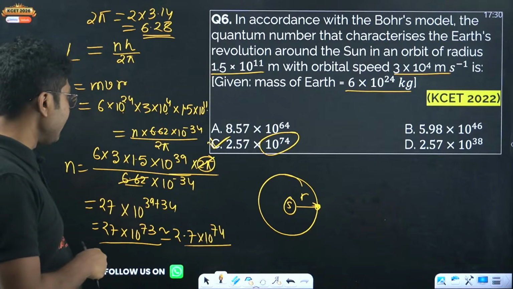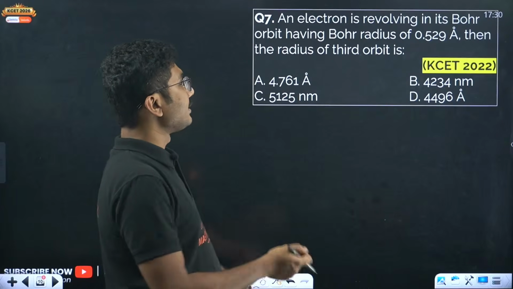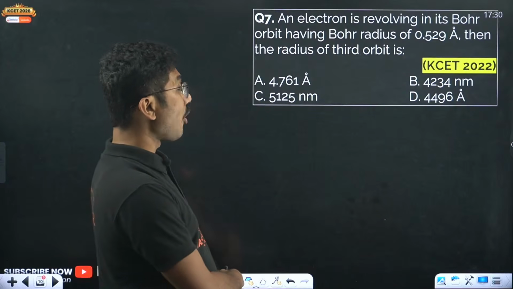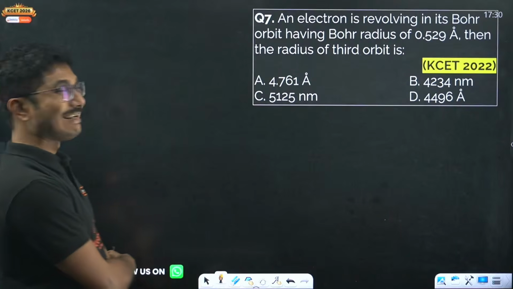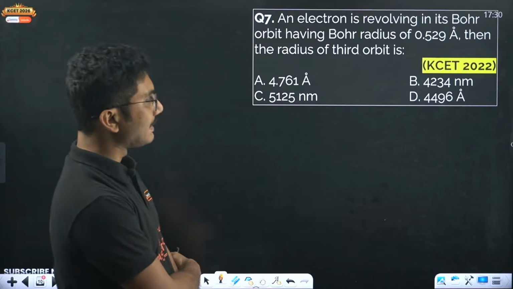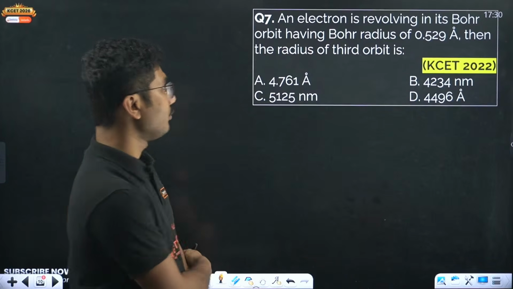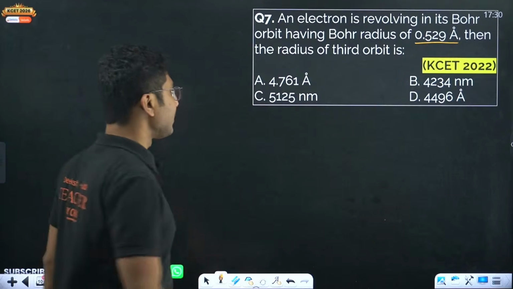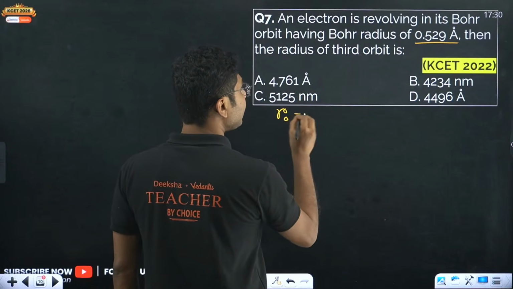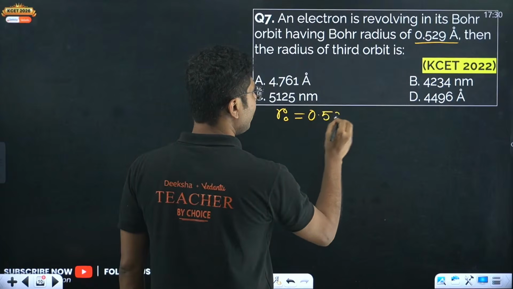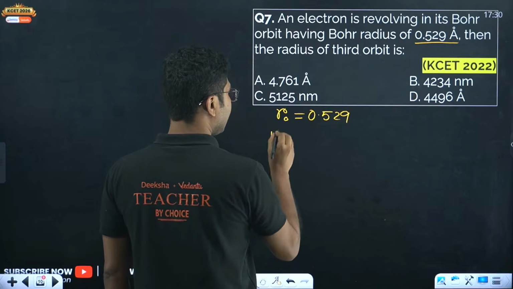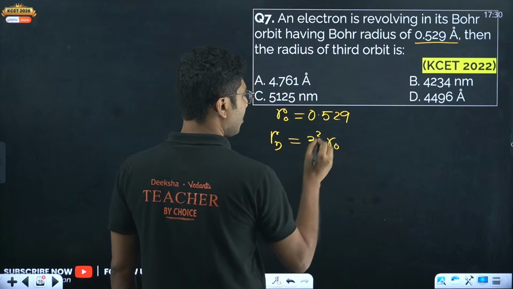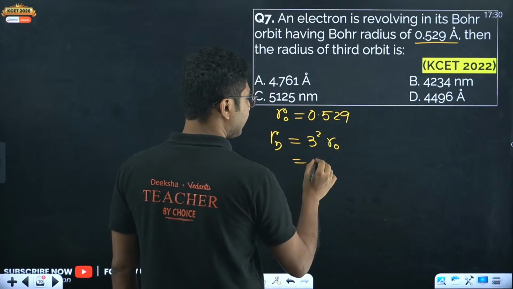Hello, Shravya Shetty. An electron is revolving in its Bohr orbit having Bohr radius 0.529 angstrom. Then the radius of the third orbit is? So how to calculate the third orbit? Bohr radius means the ground state is given. So R naught is given, which is 0.529 angstrom. What is the radius for the third orbit? It is very simple, n square R naught. So n is 3, so 9 into